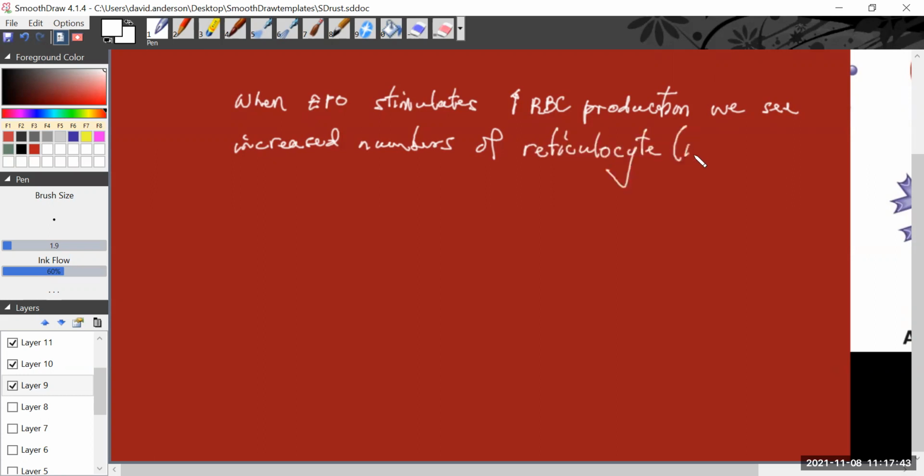And a reticulocyte is an immature red blood cell. This immature red blood cell will have a nucleus, and it will have some mitochondria and some